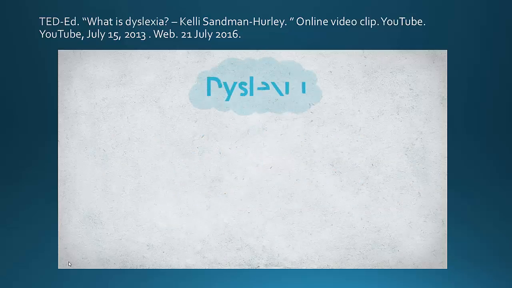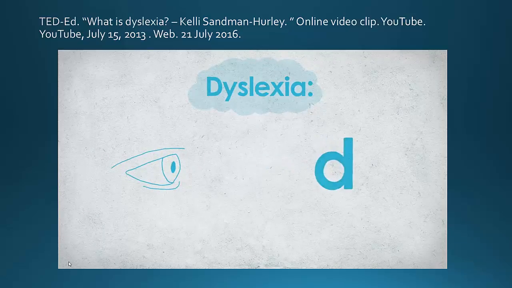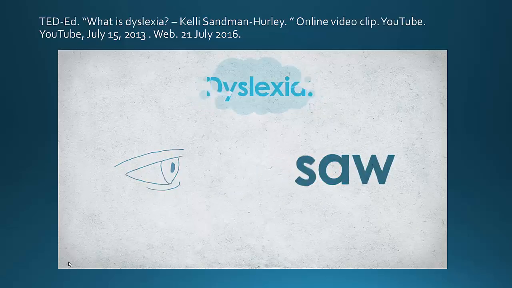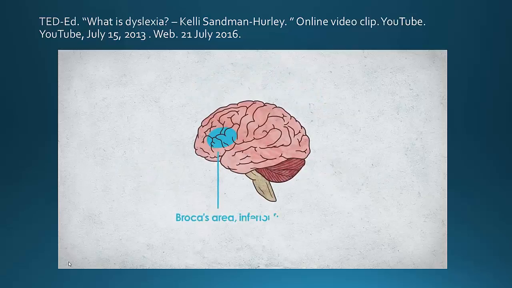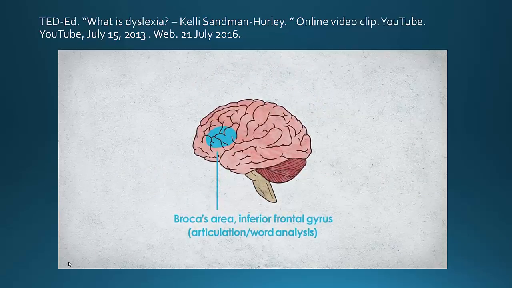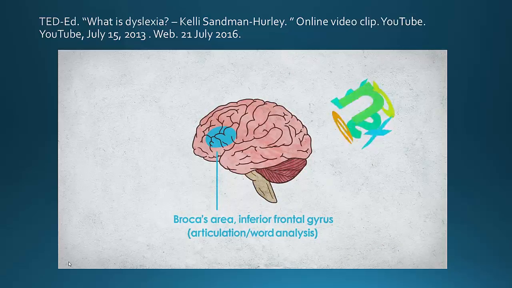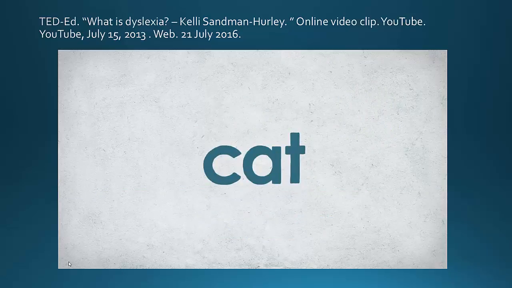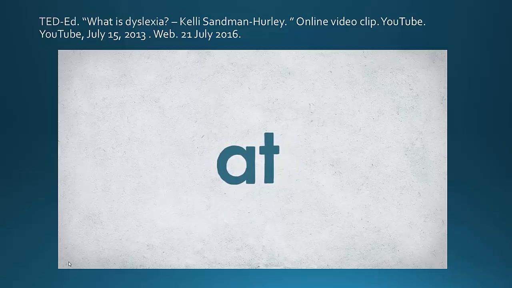When most people think of dyslexia, they think of seeing letters and words backwards, like seeing B as D and vice versa, or they might think people with dyslexia see saw as was. The truth is, people with dyslexia see things the same way as everyone else. Dyslexia is caused by a phonological processing problem, meaning people affected by it have trouble not with seeing language, but with manipulating it. For example, if you heard the word cat and then someone asked you, remove the C, what word would you have left? At. This can be difficult for those with dyslexia.